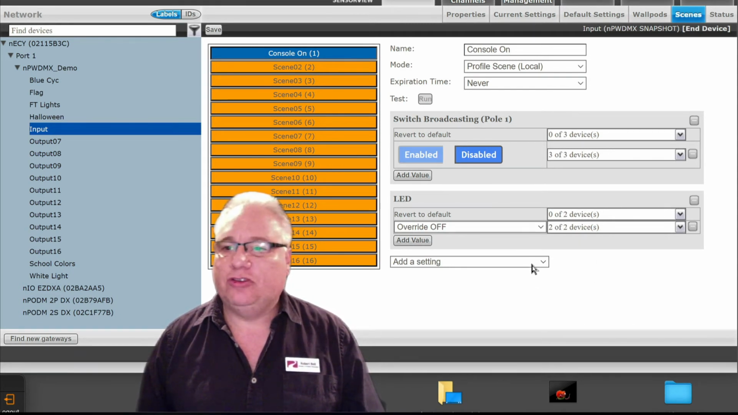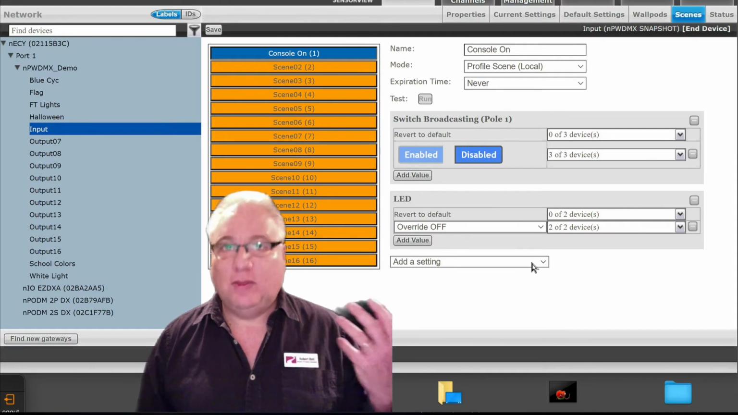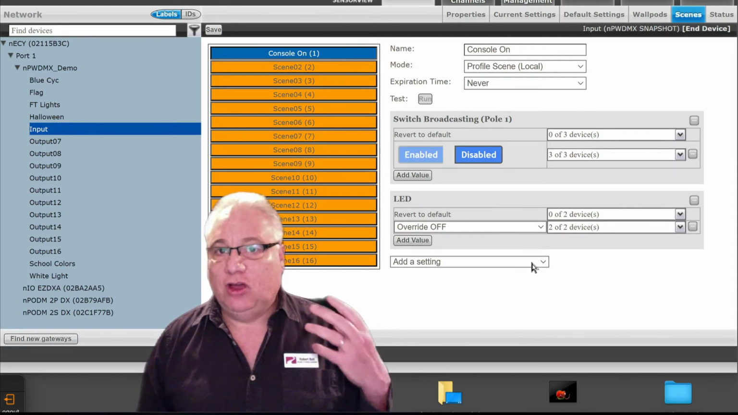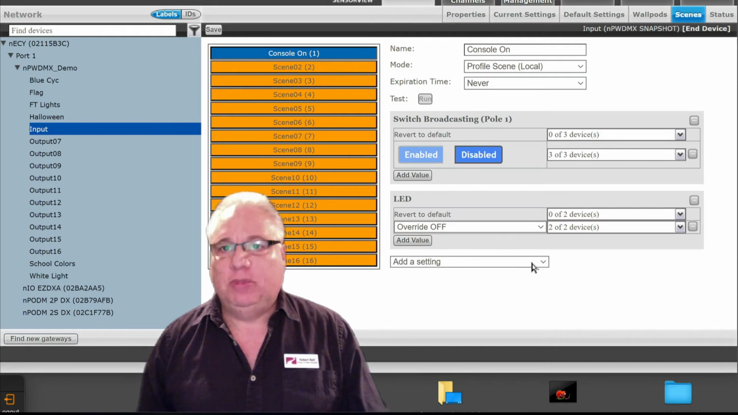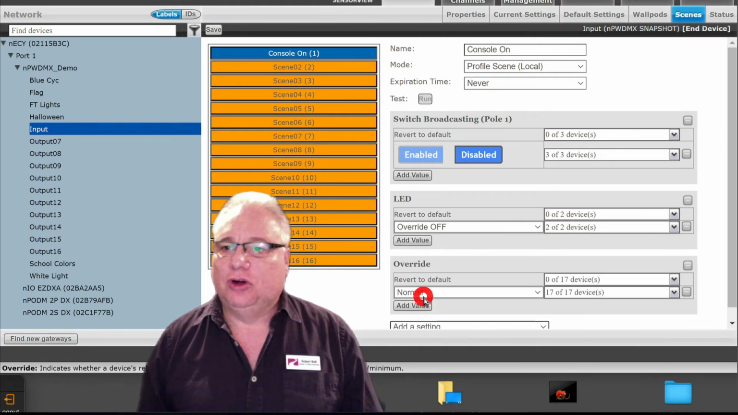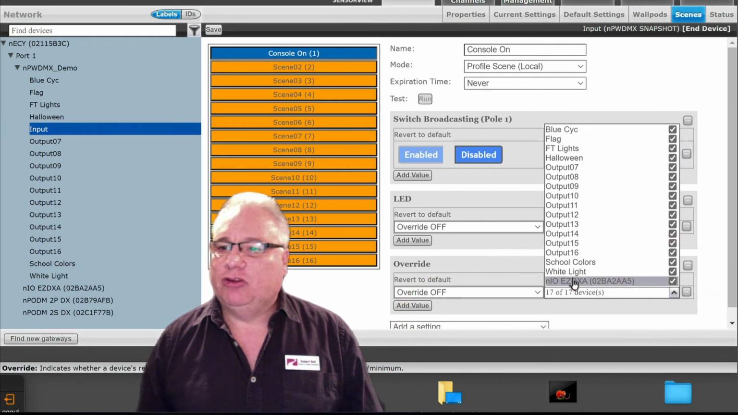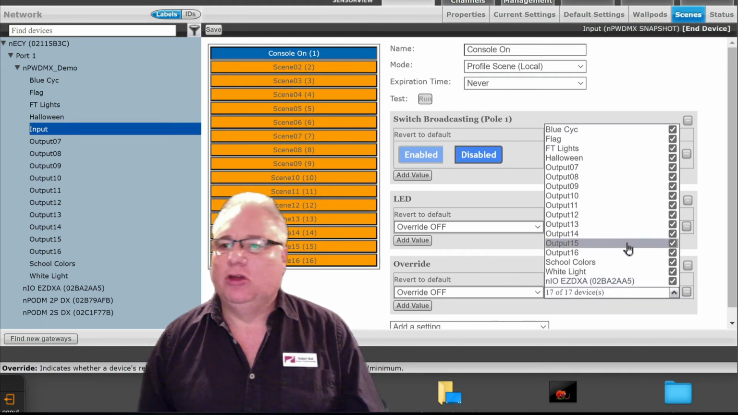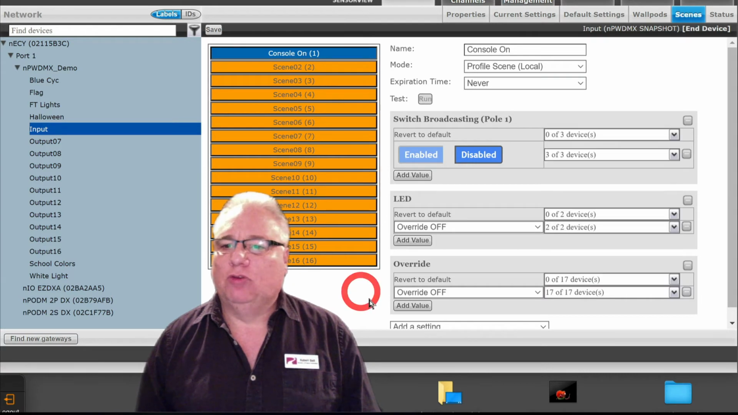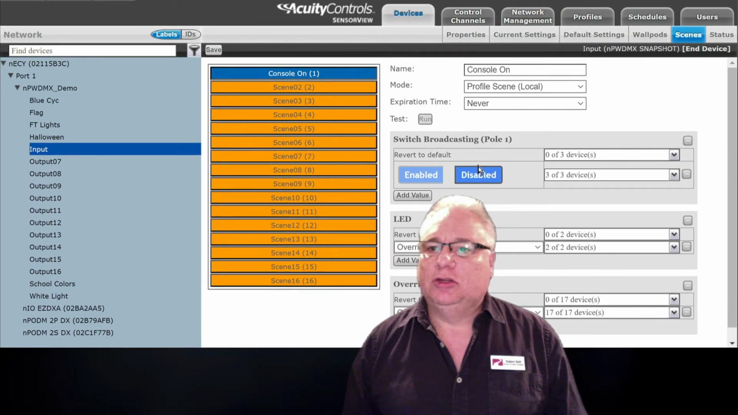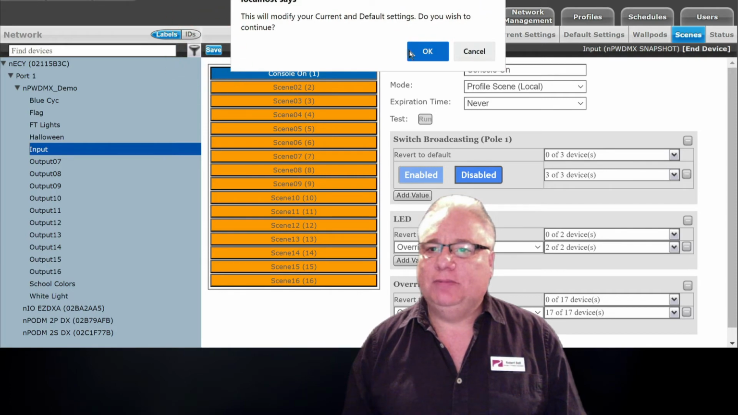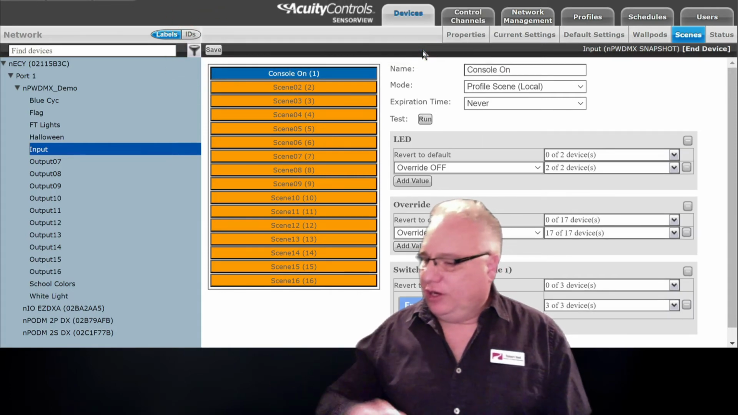So I'm still not done here. I'm going to add a third setting, and that is to take the house lights, override them to off, because like we did in the last video, we're going to use the lighting console to control the intensity of the house lights. So let's go to override, and we want to override off, and we want to make sure that our Neo, which is controlling our house lights, is checked, and at the same time any other presets can be overridden to off. So if we save this now,